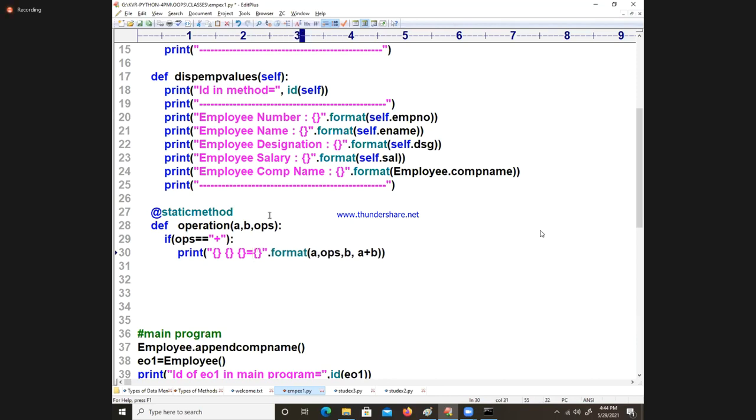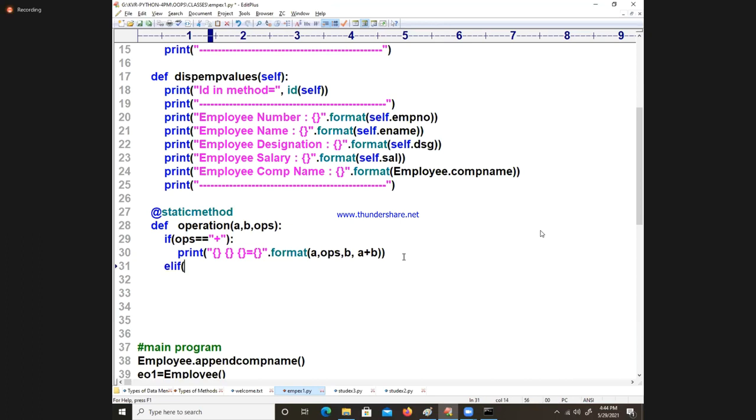I am writing like this. I don't know whether you are following or not. A is first, second the ops symbol will be printed, then B is printed. What if your condition is satisfied? Plus means what? A plus B. Are you following? Easy, you will follow, because you are already good in coding. 80% of you people are very good in coding.